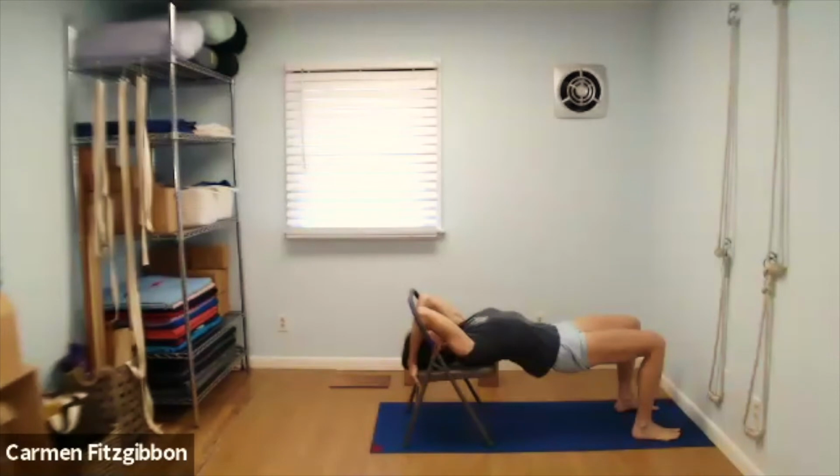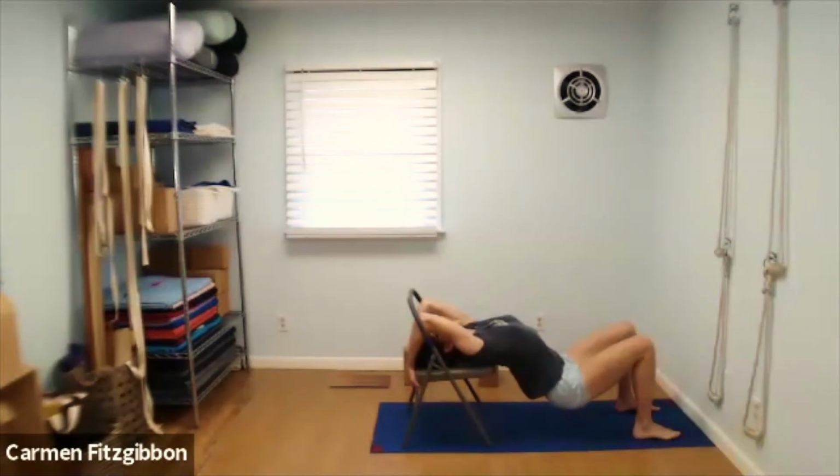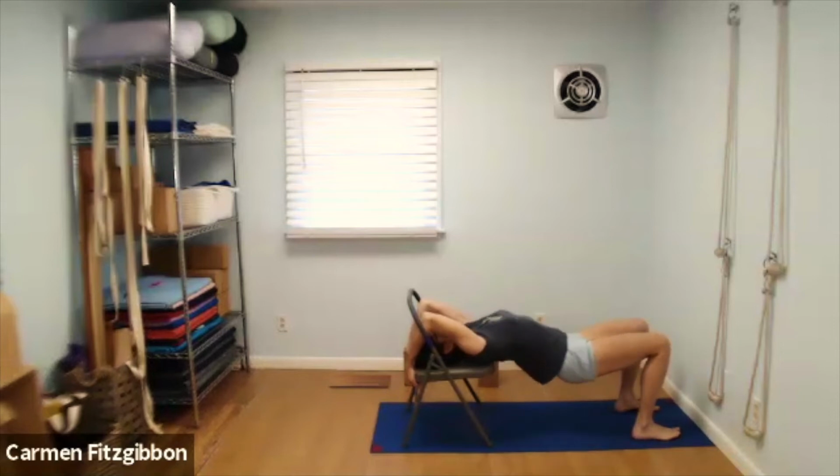Breathe through the nose. And then with your exhale, begin to descend the buttock down and flow the tricep towards your elbow, towards the wall behind you. And feel how those shoulder blades are pressed into the back. And you can go back and forth a little bit. Keep the neck soft. Neck has nothing to do with it. Head just rests on the chair. Low back long. And just go in and out there a little bit,